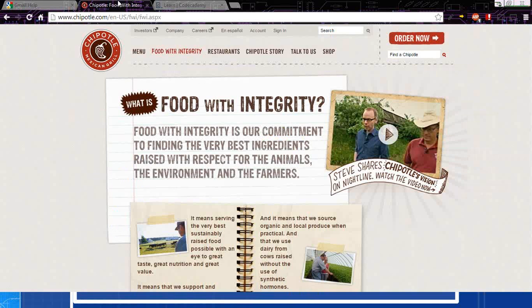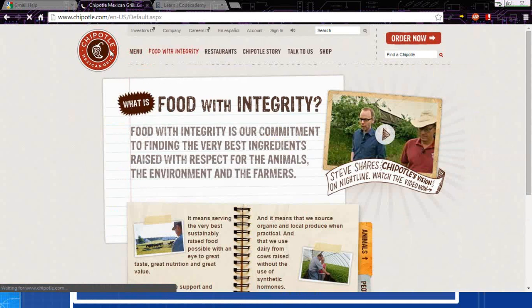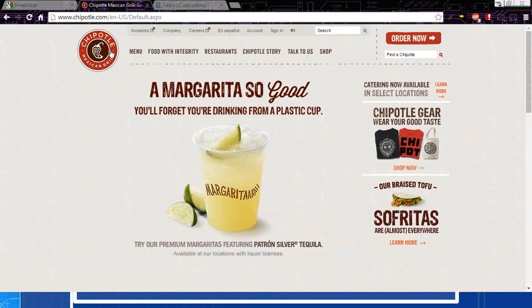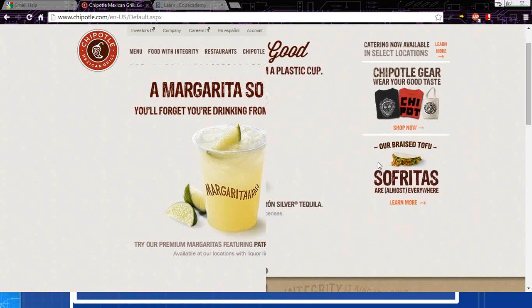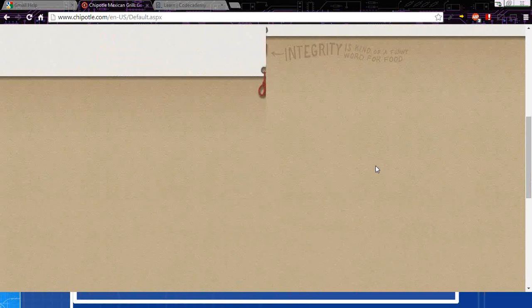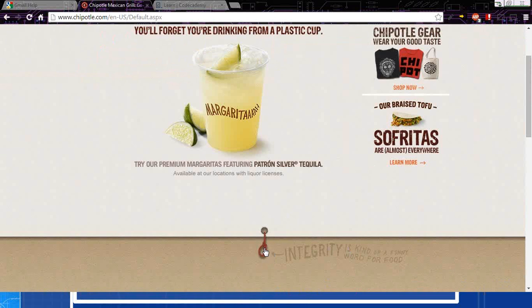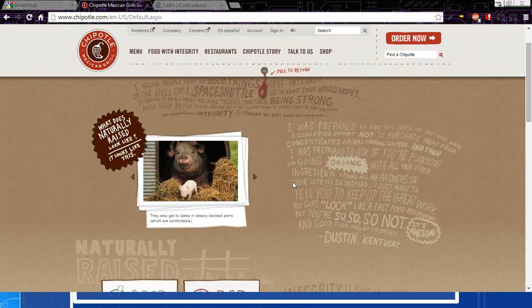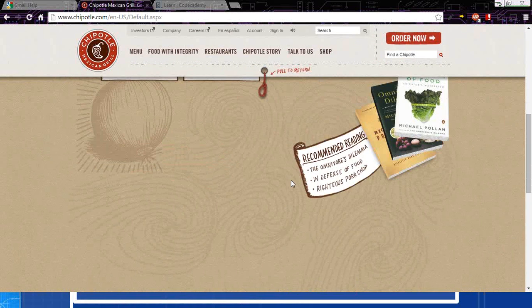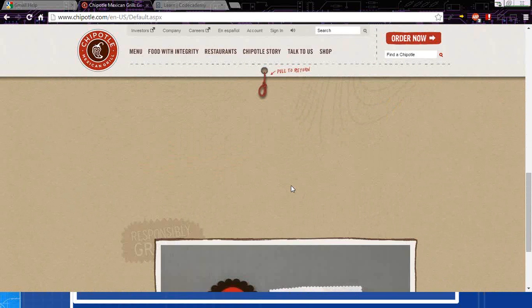Speaking of looking pretty, this is Chipotle's website. Their landing page is here. There's not a ton of information there, but it's got graphics, it's colorful, it's not overloading you with stuff. It hides the extra information you don't necessarily need to see until you decide, hey, I want to see this. And that's when it pops up.